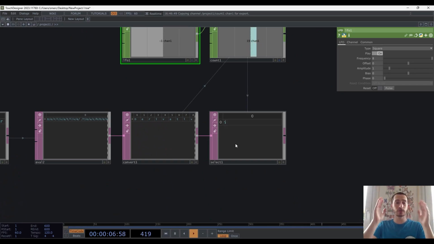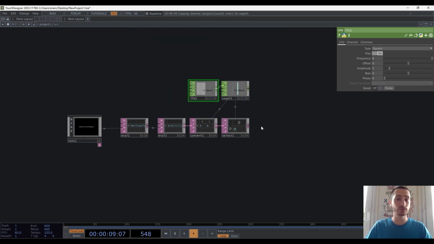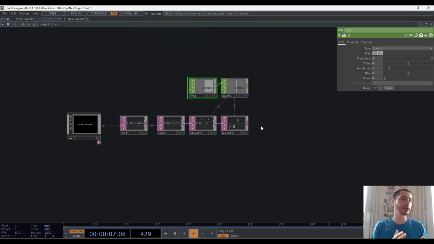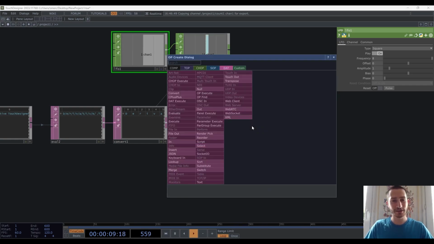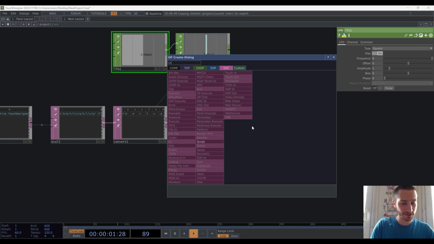Okay, so now our letter is selected. We have to know, is it an E or no? So with that, it's the only time I try to not use any real scripting besides expressions in TouchDesigner, but it was the only way I could find. I tried. So we're going to use a script